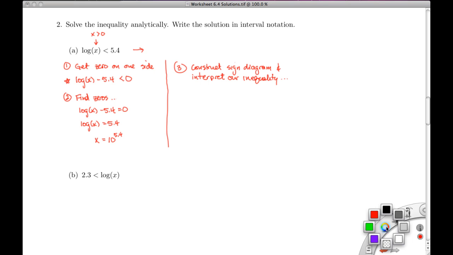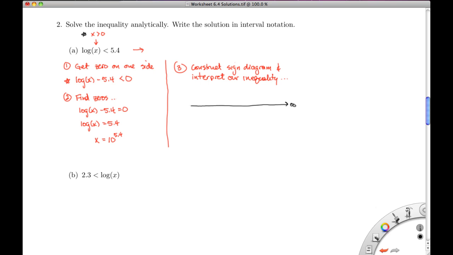So let's go ahead and get started with this. Normally we'd construct a sign diagram and go from negative infinity to positive infinity. However, we know that the only x's we're interested in are x's greater than 0 because of the log of x from the original inequality. So we can start our sign diagram